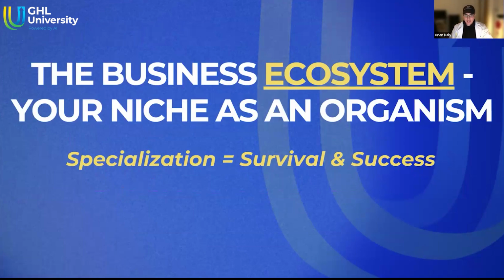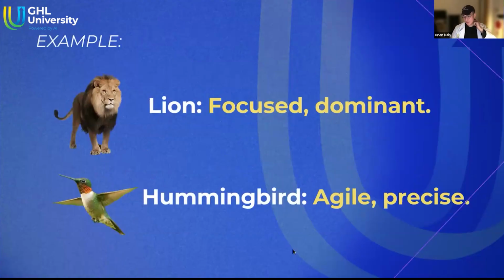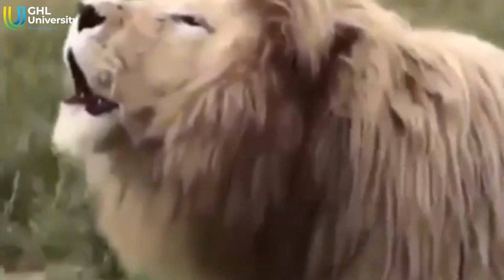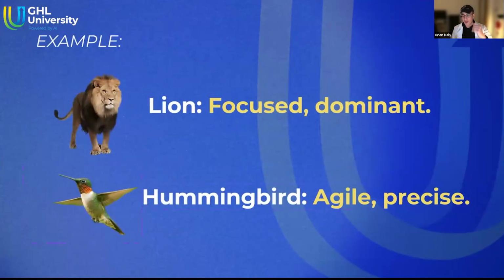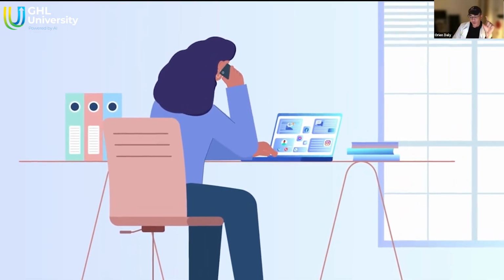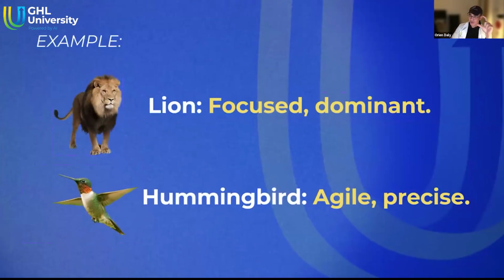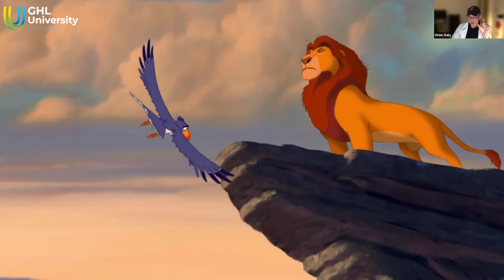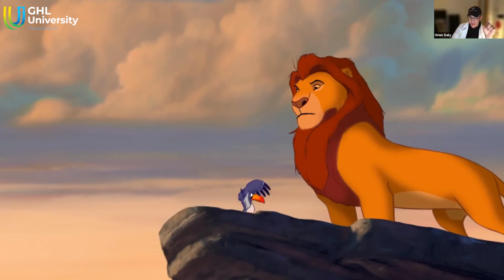Now I want to go into a little more depth on ecosystems and your niche as an organism. There's the lion. I'm going to use examples. He's a predator. He doesn't attempt to chase every animal in the wild. He has evolved to hunt and thrive within his specific habitat, targeting particular prey. Similarly, when you focus on a well-defined niche, you become the recognized authority in that market, effortlessly attracting clients who need your specialized support.